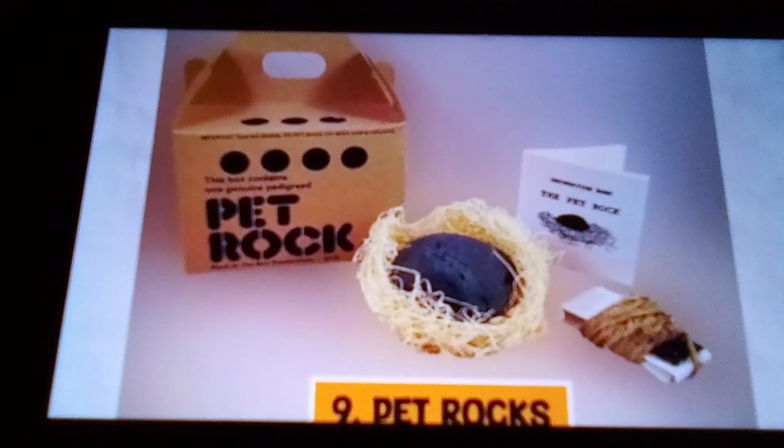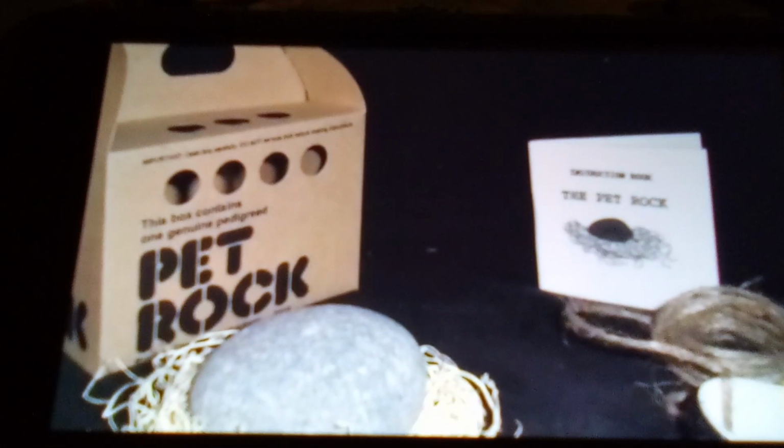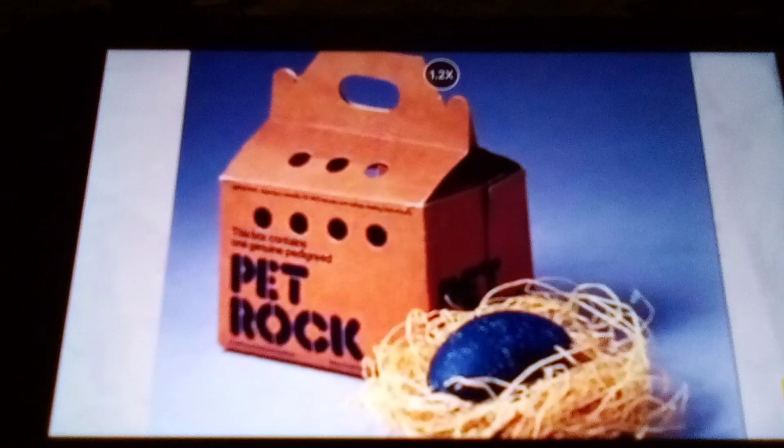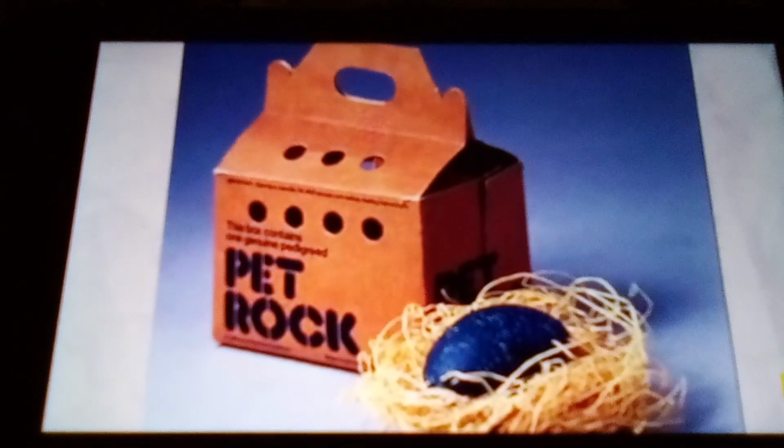9. Pet Rocks. In a world without smartphones or TikTok, the idea of a pet rock somehow took off. Marketed as the perfect low-maintenance pet, each rock came in a small cardboard box with breathing holes and instructions for care. While it started as a tongue-in-cheek gift,